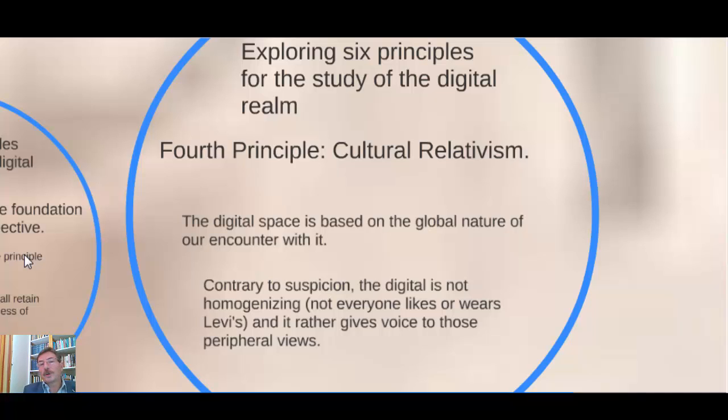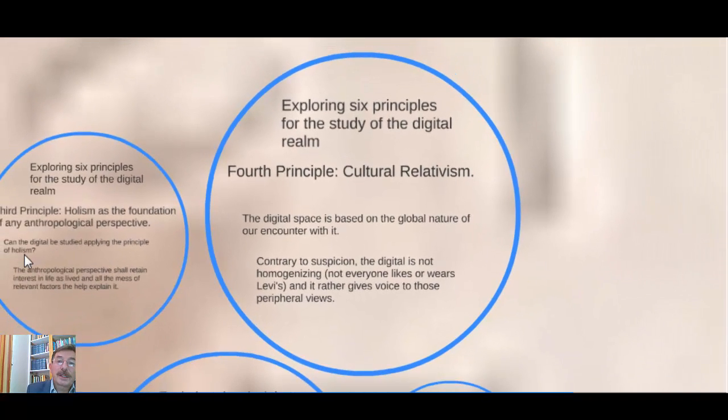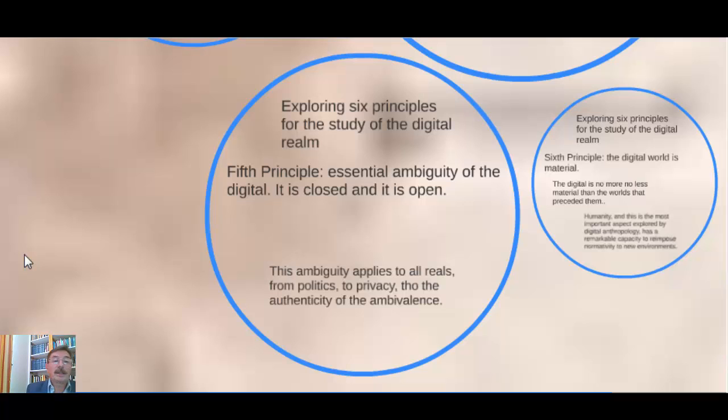And also the digital creates different perspectives and it allows peripheral views to be relevant and to be heard as they were never before. And that's a very important element that gets me excited of thinking on the digital. So the peripheral voices are just as relevant as the main principal voices ever.